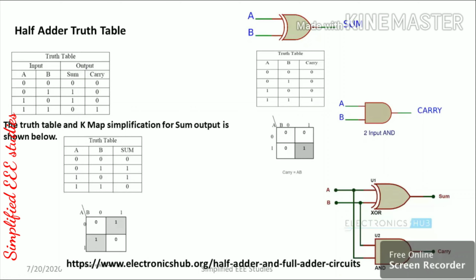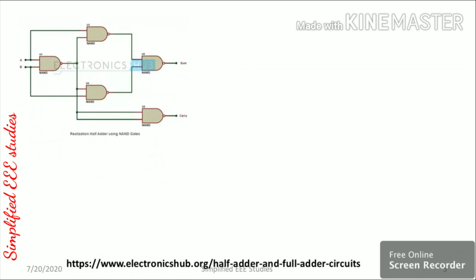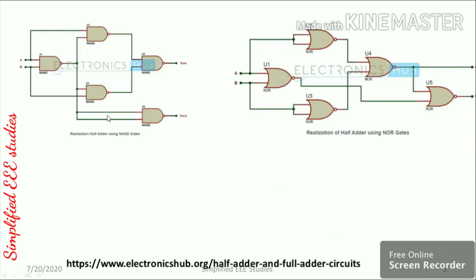Moreover, you can express half adder with the help of universal gate. Universal gates are nothing but NAND gate and NOR gate. Then by using NAND gate, you can easily construct half adder. That is 5 NAND gates should be used to form half adder. Then similarly, you can make it with the help of NOR gate, that is 5 NOR gates have to be used for formulating half adder.